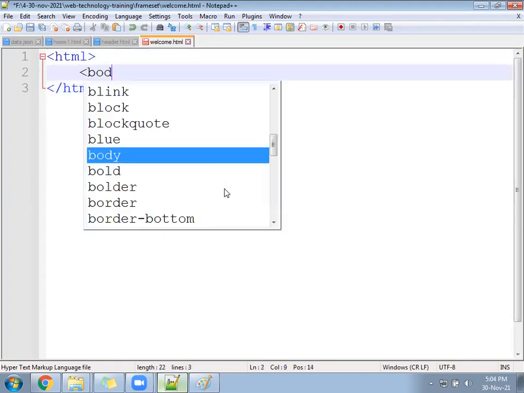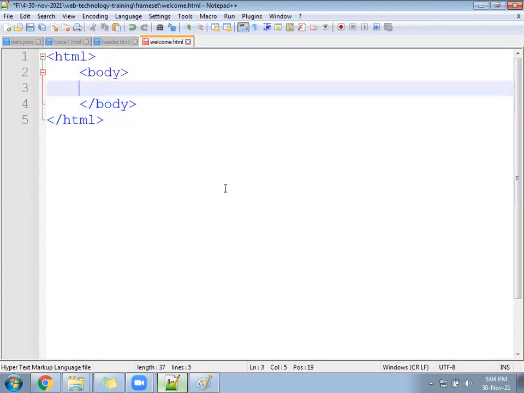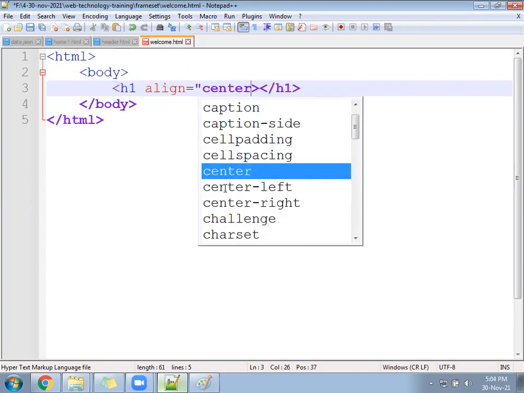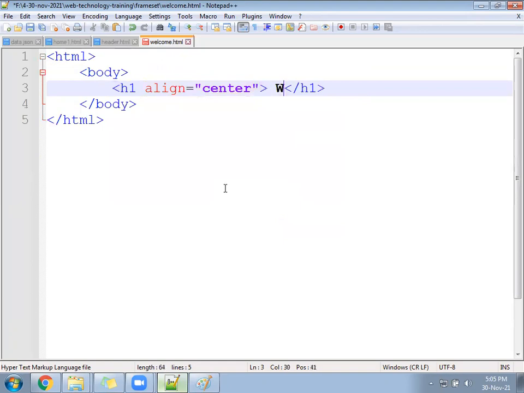Body. We can follow inside. H1, align at center. Welcome home.